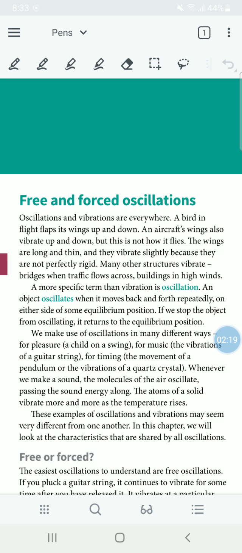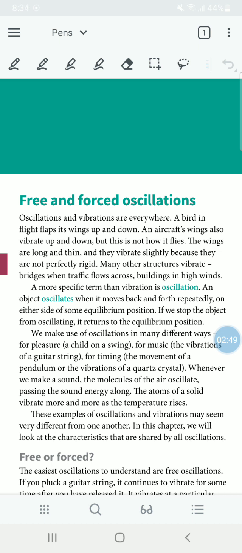The wings are long and thin, and they vibrate slightly because they are not perfectly rigid. So when you fly, you might see different movements on the wing. It is not very strong, but that doesn't mean we are going to crash onto the ocean or onto the land. It is made like that because those vibrations are allowed. Those vibrations are part of the structure.